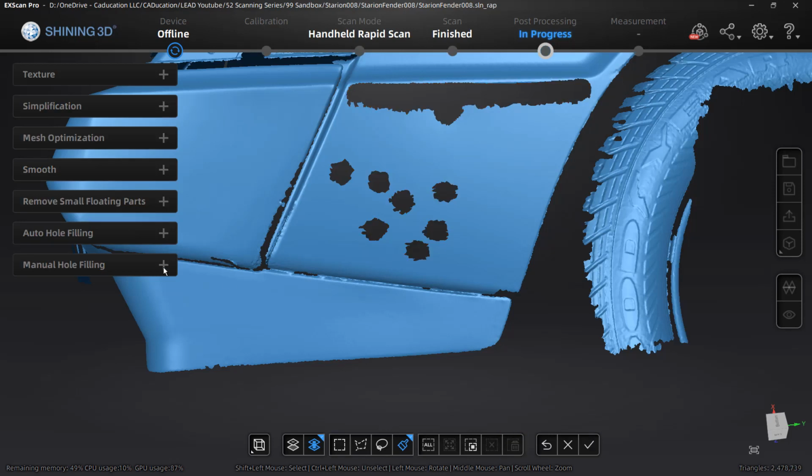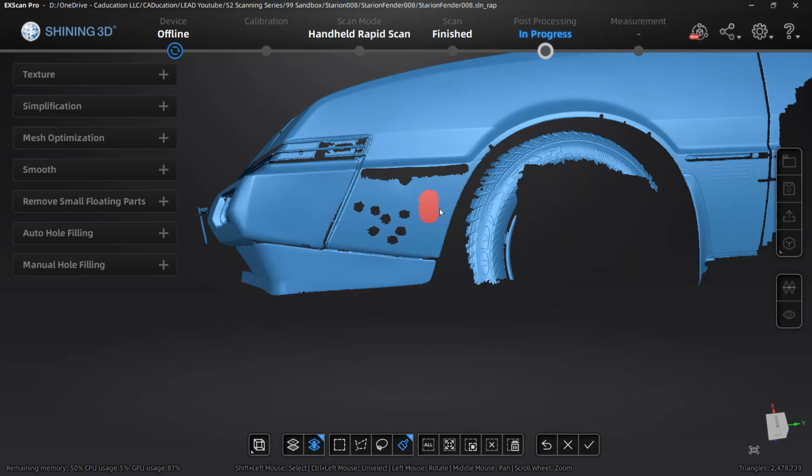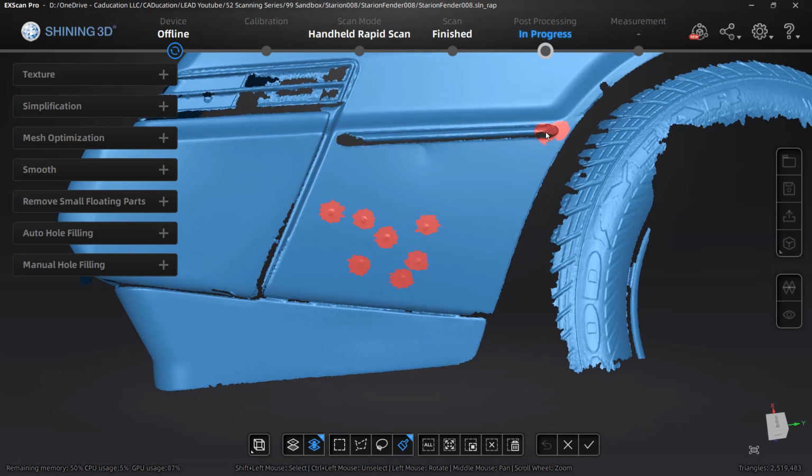And once I have everything selected, I'm going to delete the selected area. And then we need to go back to manual hole filling. So once those areas are gone, the manual hole filling is going to allow us to sort of fill those in. I'm going to undo that right there, and we'll go through it again because I accidentally hit undo. So again, just select those areas, go through and clean up the areas that you want, keeping in mind that what you're actually doing is selecting a mesh underneath here. So you are going to get